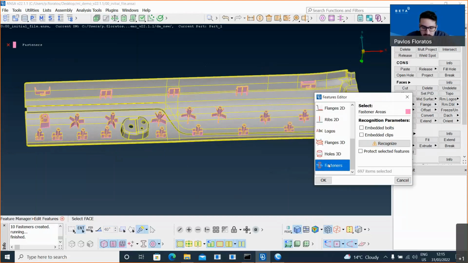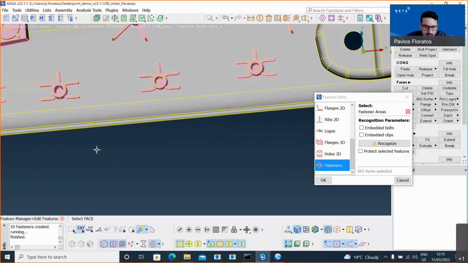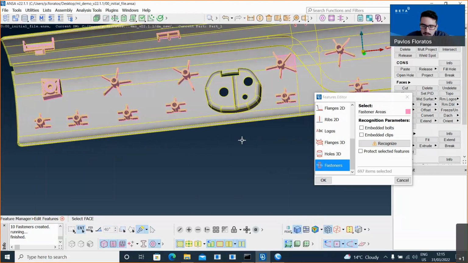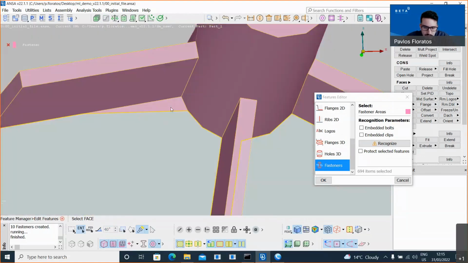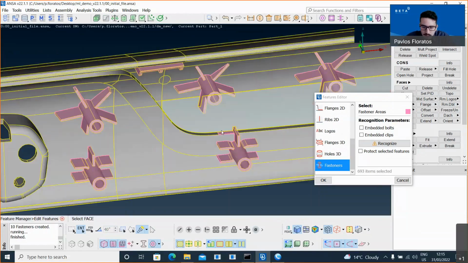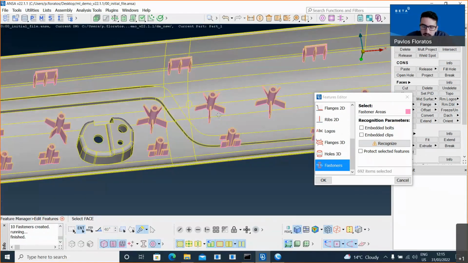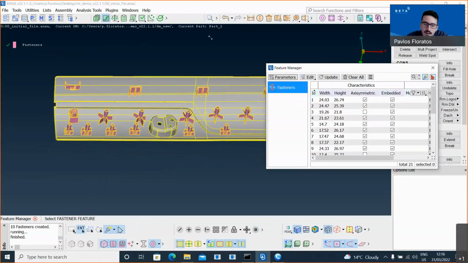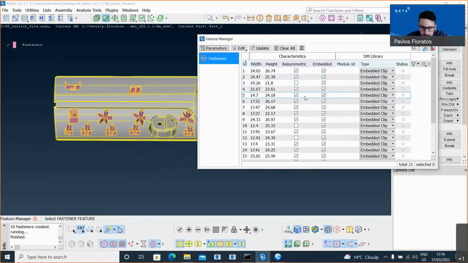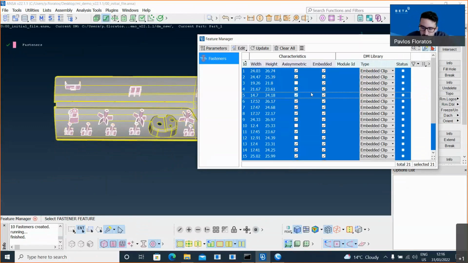I will use the option edit just to check very briefly if I have anything here that needs to be edited. So now, for example, I can remove these faces that are not needed. Or maybe I will remove these faces. So after this inspection and addition of features is okay, we can just confirm, and through Feature Manager, we can save all of them in the DM. So we can select them all, right mouse button, DM, save in DM.